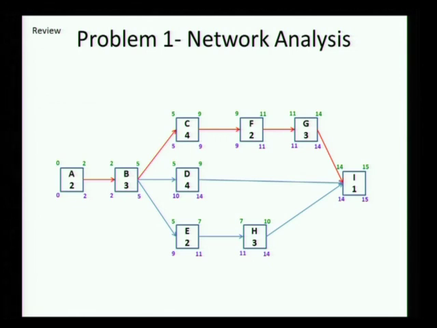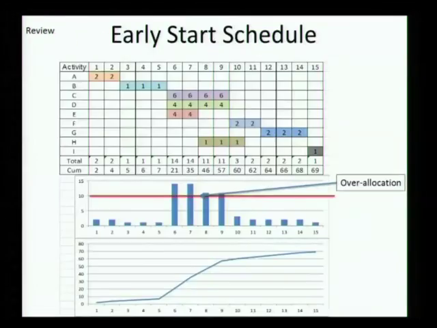time. This was the network. Okay, we had a 15-day project duration. We had the critical path going through A, B, C, F, G and I, and when we actually took the early start schedule and we put the resources required for each day, we found that we said there was only 10 trucks available, but we found on a few days we needed more than 10